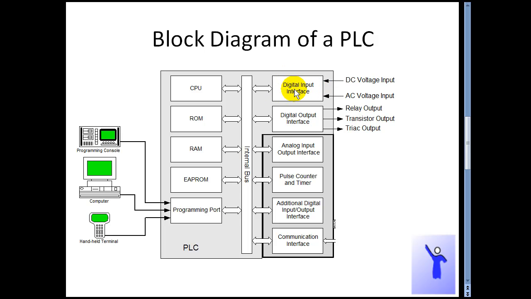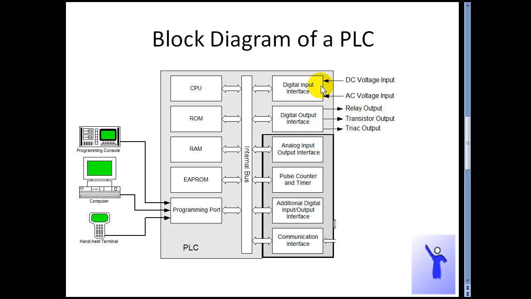So first we have the digital input output interface. Any PLC will contain a minimum amount of digital input and output, as this is very essential. By digital we mean that the input can either be turned on or turned off. That's it. Either it is 0 or 1, it is on or off. That's it. These digital input outputs are differentiated into various types depending on the basic electronics that produce the